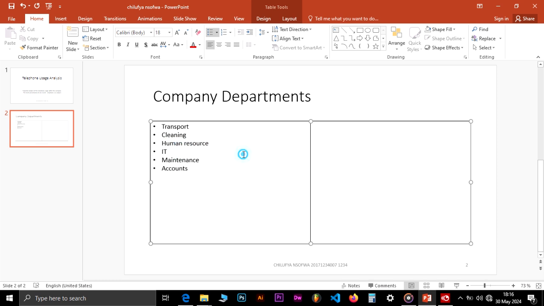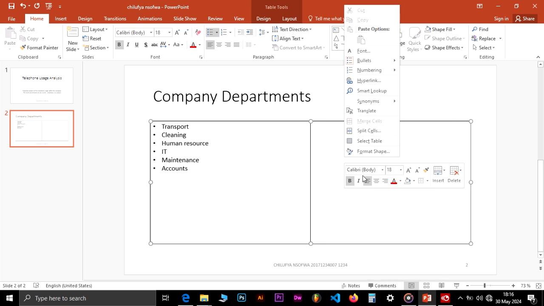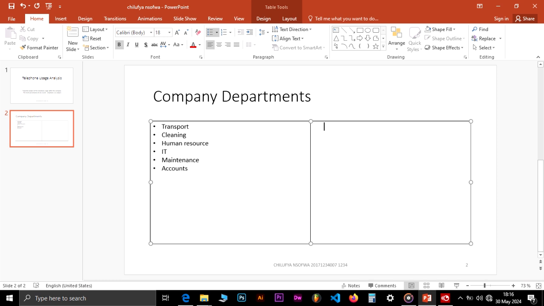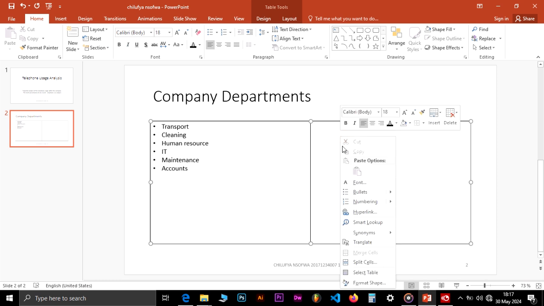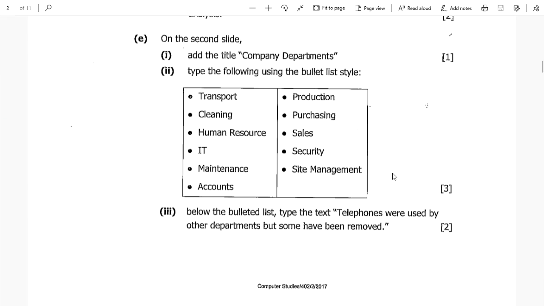Let us go to the second column. We right click, go on bullets, and we click on the round bullets. As you can see, our text is also in a different color, so we need to change the text into a black text. Before that, we unclick the bold style, then we go on the bullets, rounded bullets. Now we can enter the information, production,